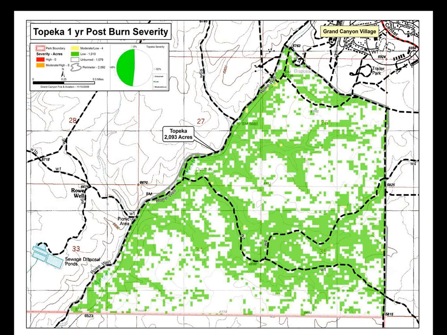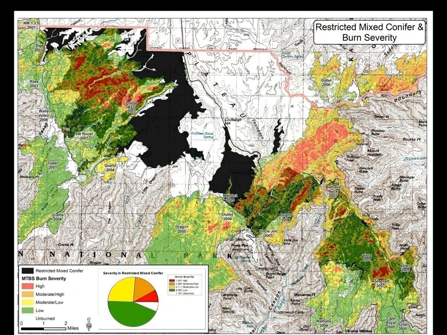Okay, so this was another post-fire assessment we do here. As part of the fire program here, we have a lot of threatened and endangered species in the park. One of the species we have is the Mexican spotted owl, and part of the Mexican spotted owl's habitat is what's called restricted mixed conifer, and it utilizes certain types of mixed conifer forest. And part of our fire management plan only allows us to burn a certain percentage of that restricted mixed conifer in high severity. This was part of a biological opinion with the Fish and Wildlife Service,